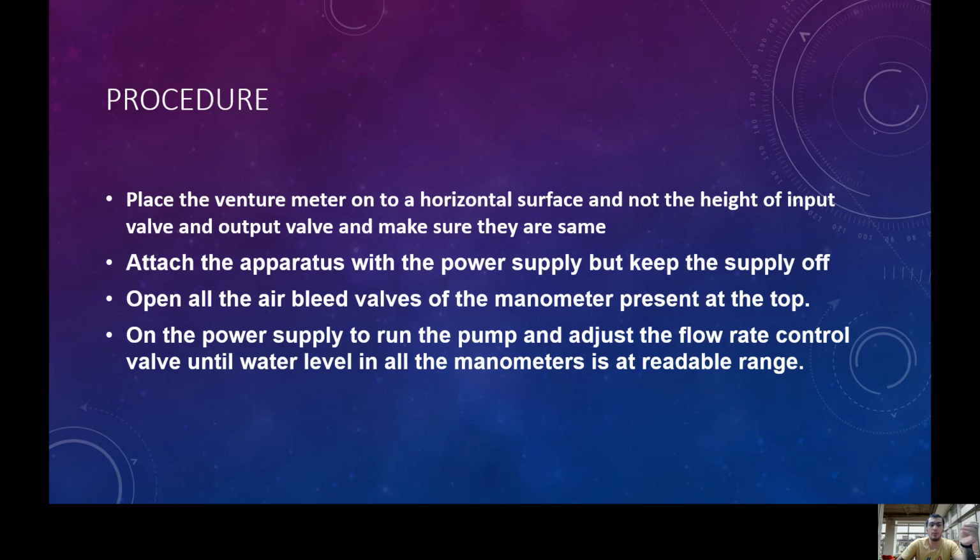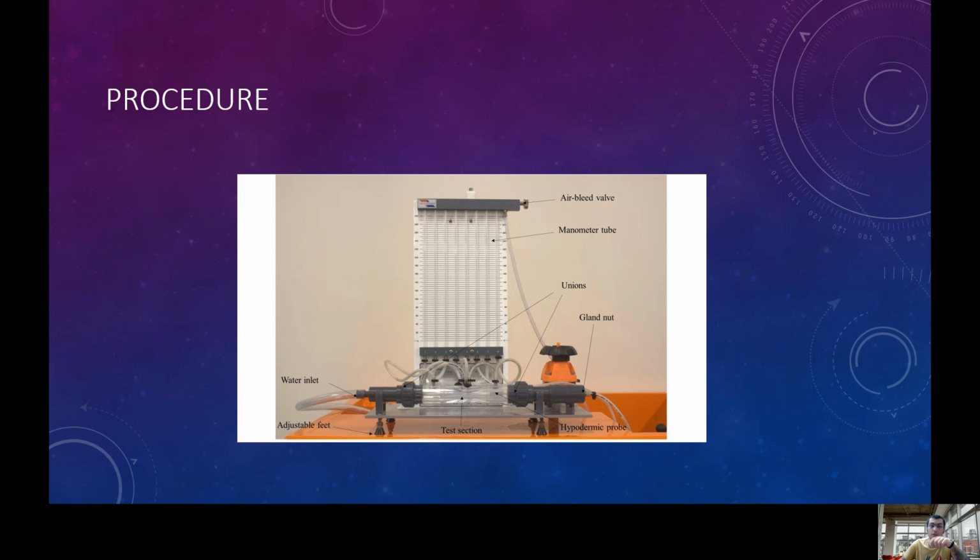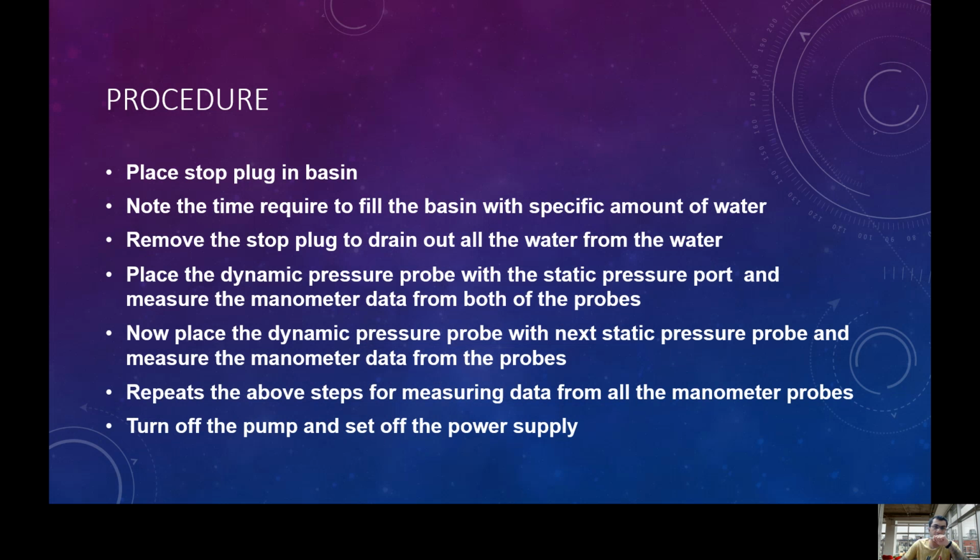Later, on the power supply, we run the pump and adjust the flow rate control valve until the water level in all manometers is in a readable range. This is the visual description of our experiment setup. Then we place the stop plug in the basin and note the time required to fill the basin with a specific amount of water. Then we remove the stop plug to drain out all the water from the basin, and